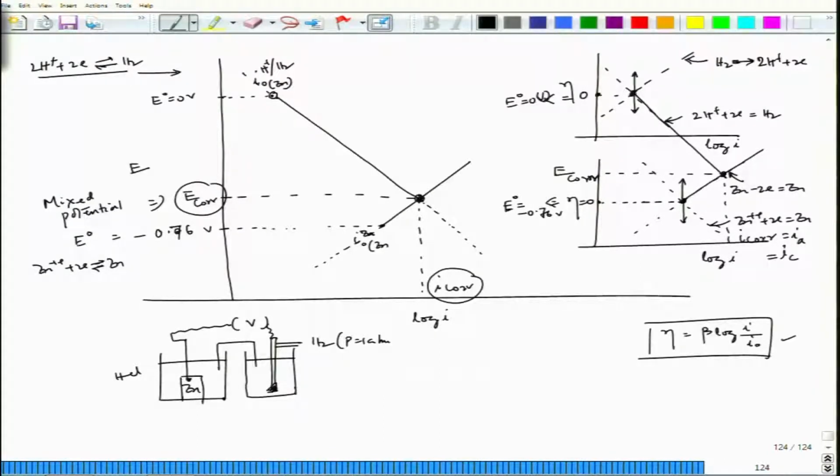After achieving this potential we call it without sending current. Remember, without sending current we are not connecting that circuit. That potential is termed as OCP, open circuit